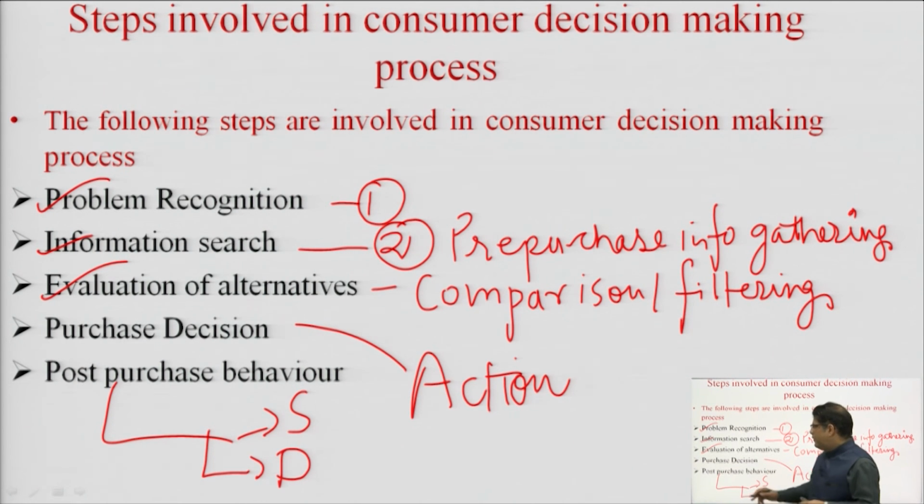The evaluation of alternatives was followed by purchase decision. So, purchase decision was the step at which the action was taking place and the consumer was paying money for the particular product, and this purchase decision was then followed by post purchase behavior. The post purchase behavior was either satisfaction or dissatisfaction on account of various reasons, with an addition that the marketer should always try to convert the dissatisfaction of the consumer into satisfaction by talking to the consumer and by taking from the consumer a feedback of the purchase. With this, I come to the end of this lecture on the consumer decision making process.